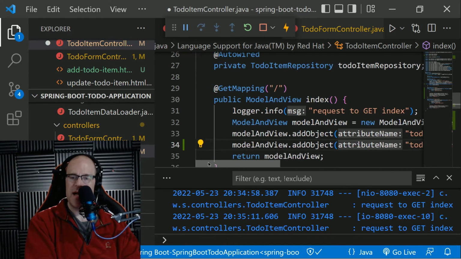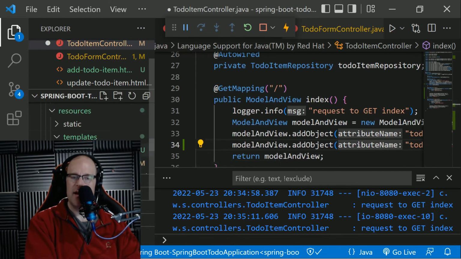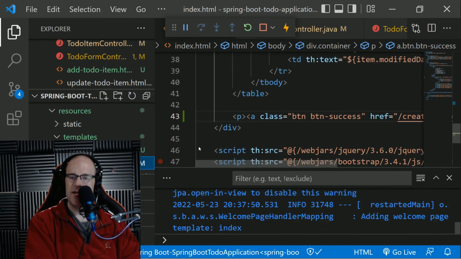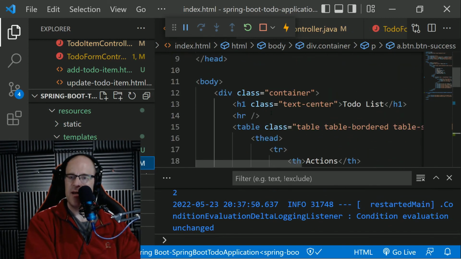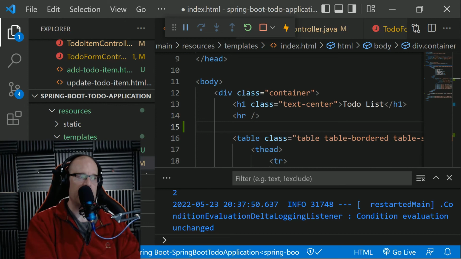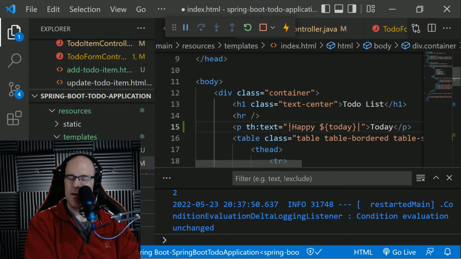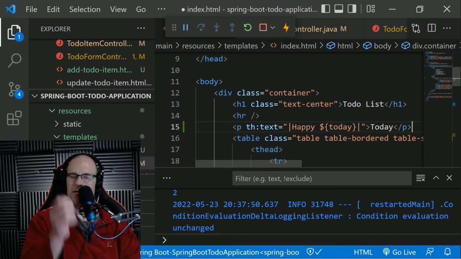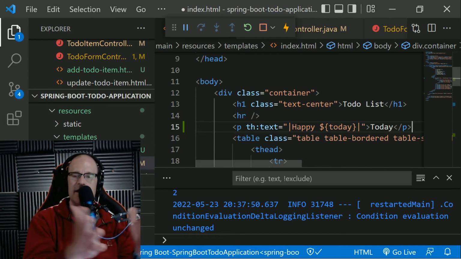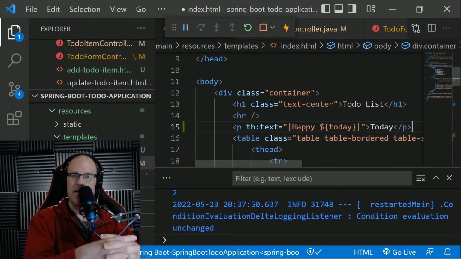Okay, so now we're passing that back out to the index, and let's go back to index and actually display it. So let's go ahead and right above our table, that's where I put it. Again, feel free to put it wherever you want. But we will be using some new Thymeleaf lingo, which is a flat pipe. So basically, if you have a sentence or set of words that you want to display in conjunction with a variable